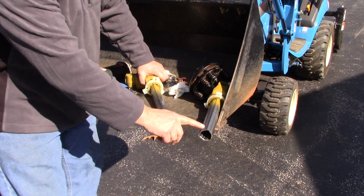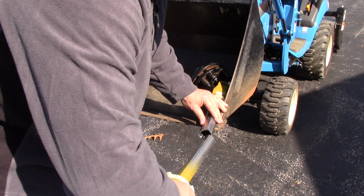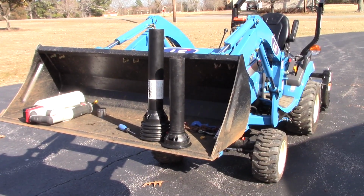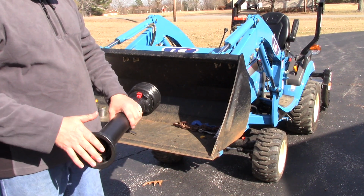Now here's the flat spot, and there's the flat spot on top. So we are going to slide these together as such, and they should slide right together. Voila, look at that. Alright, now we're going to talk about the sleeve covers that go down the PTO shaft,